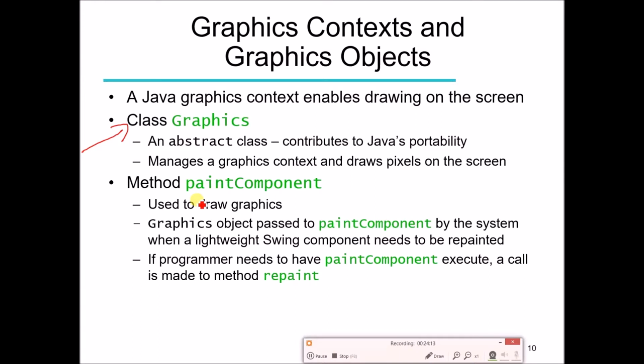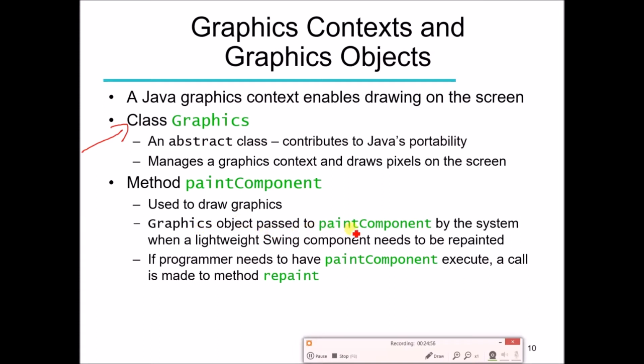Overriding the method means that the method is already defined in the higher class, but we are again defining or writing the code of this method. Of course, when you call the method by some object, first the object is going to find the method in the class it belongs to, but if the method is not implemented, it is going to go to the higher class. But since in our programs we are going to implement the paintComponent method, our object is going to find the method in our class and execute that method, which is going to draw the different shapes or the different objects. This method is used to draw the graphics.